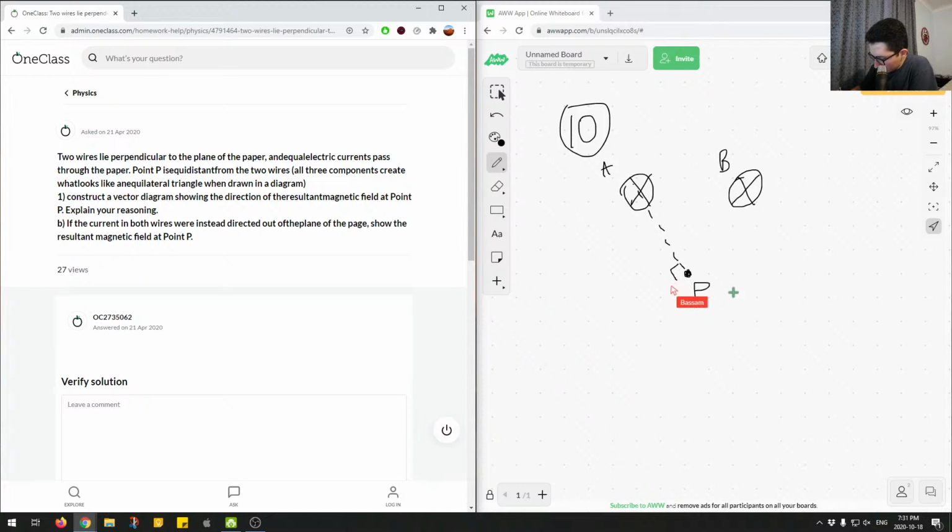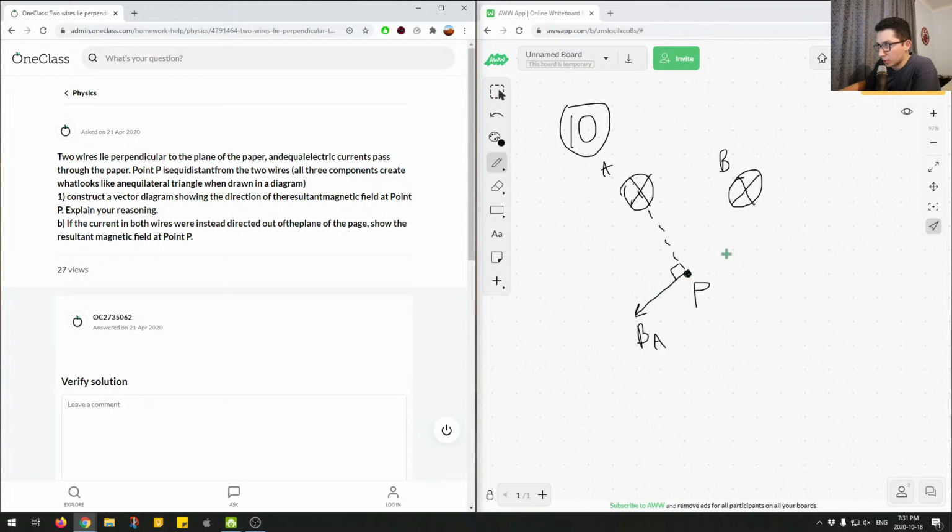So if we had something like this, you can see that using the right hand rule, you take your hand and point your thumb into the page. For me, it's going this way, and your fingers curl around in this direction. You can see that the tangent from this line will